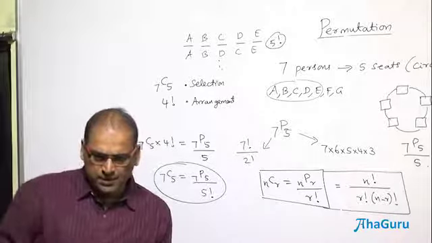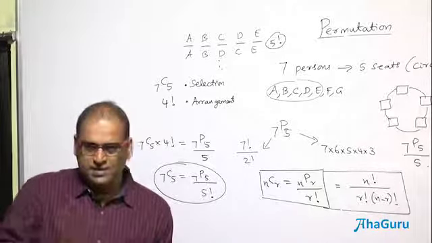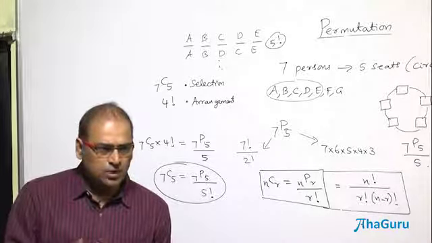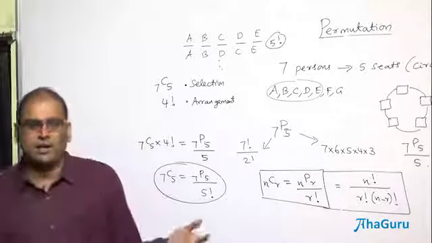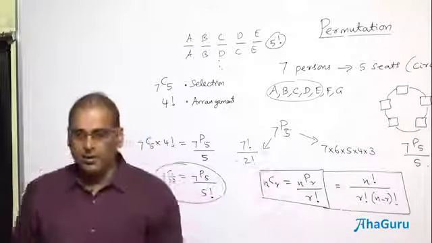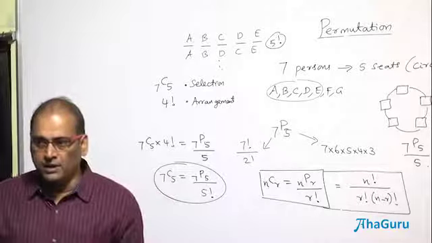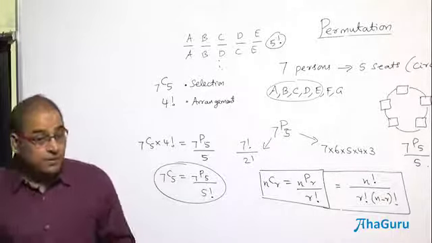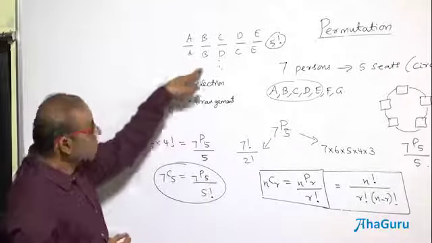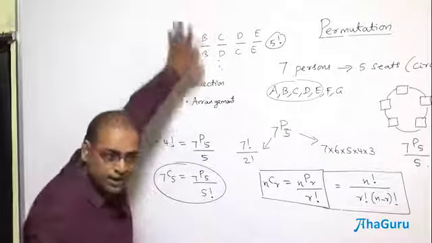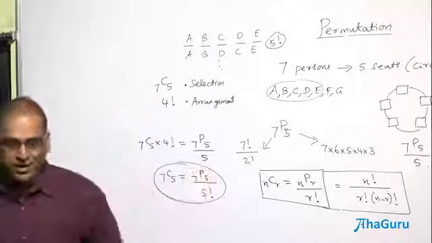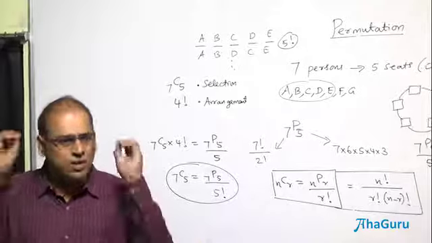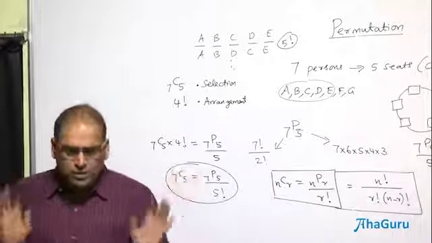Jack and Jill went up a hill. If I say Jill and Jack went up a hill, the meaning is the same. So order is not playing a role. So A, B, C, D, E are selected out of the 7. 5 persons are selected. Or I say B, C, E, A, D are selected. This means the same. But if I want the order, I will see these two are different. All the arrangements of A, B, C, D, E, the permutations, meaning rearrangements, are different. But if I don't want that order, I want only the combinations, which group is selected.